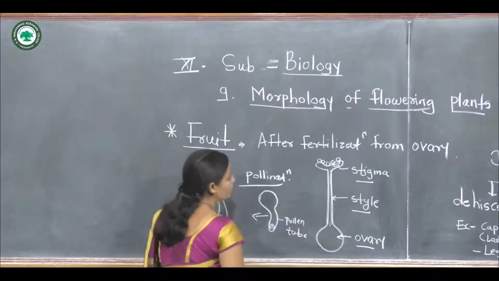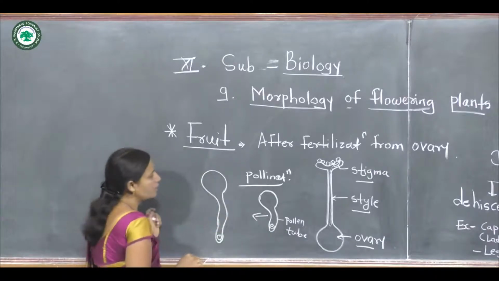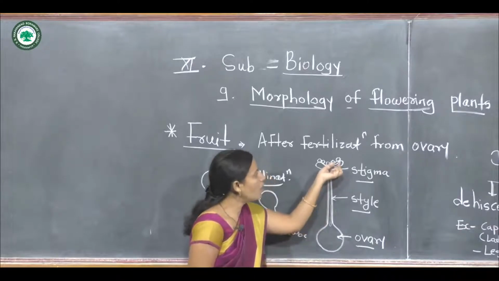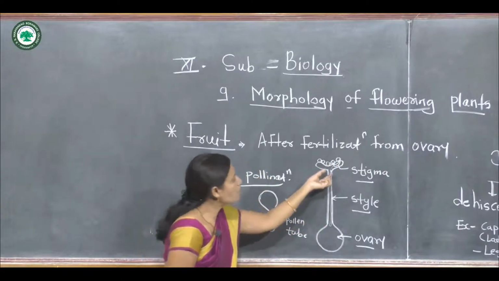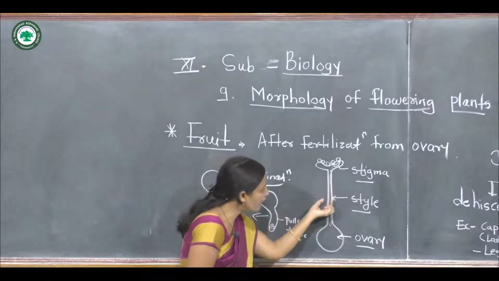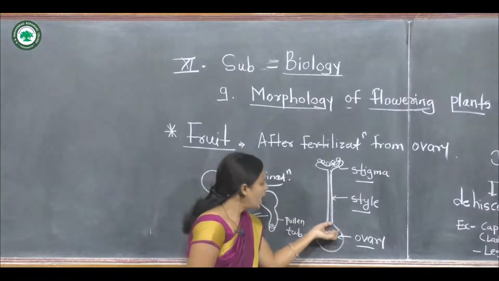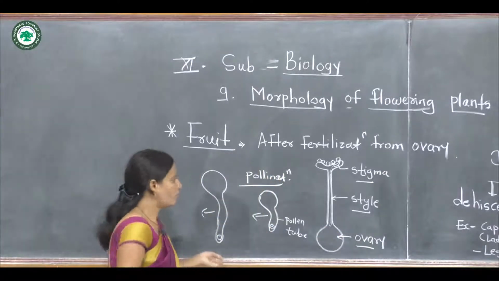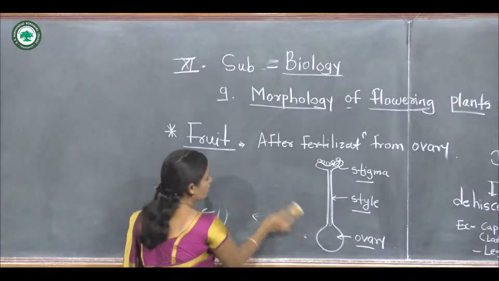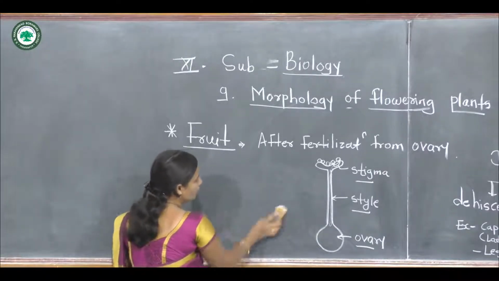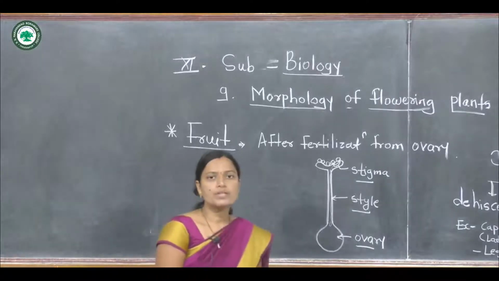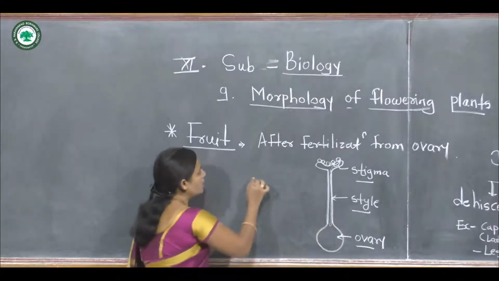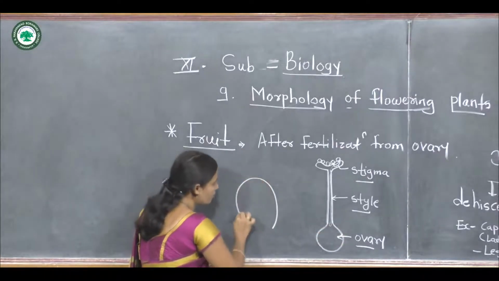Now the pollen grains are germinated and the germination process has started. They form long elongated pollen tubes, and these pollen tubes enter through the style into the ovary, and inside the ovary is present the embryo sac. Inside the ovary are the ovules, and inside the ovule is the structure of the embryo sac.